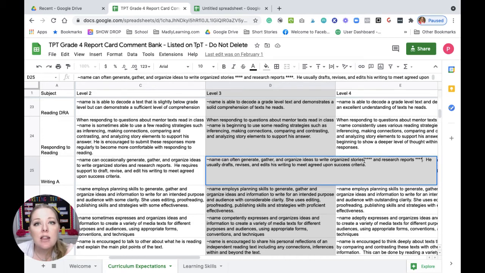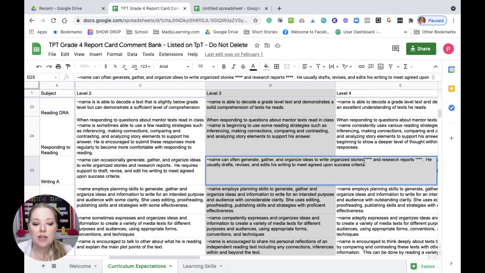Now, the reason I like using a standard placeholder such as 4 stars is because I can use the search feature in my comment bank on the report card software when I'm copying to make sure that I can find those 4 stars.